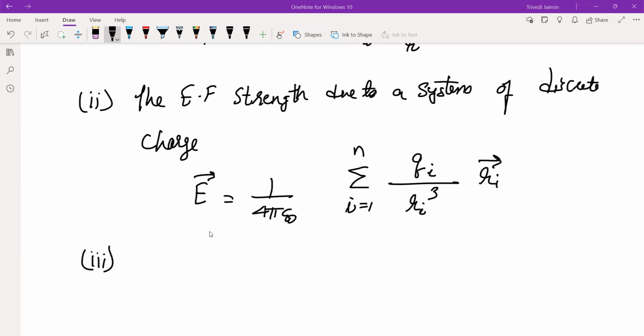For a system of discrete charge. The electric field strength